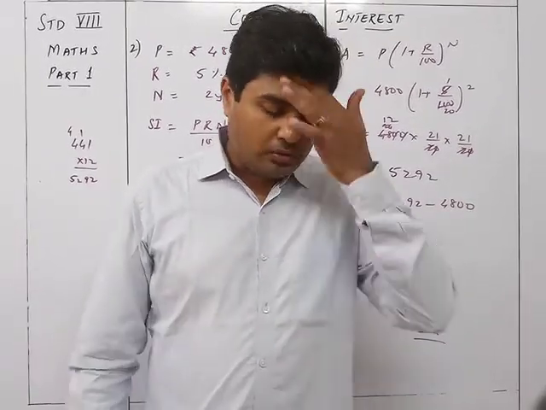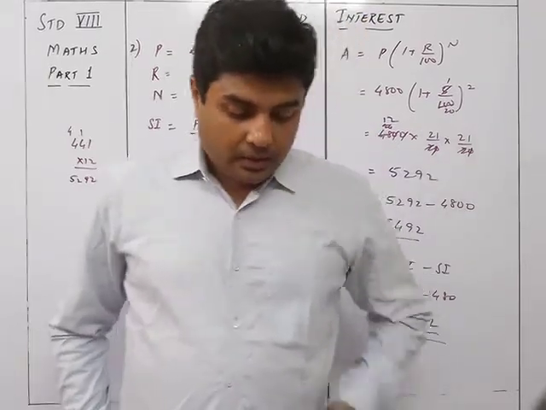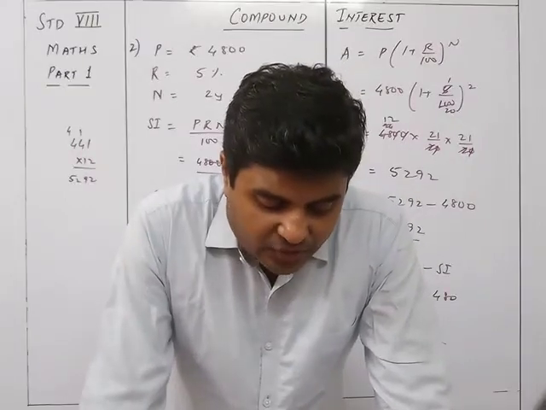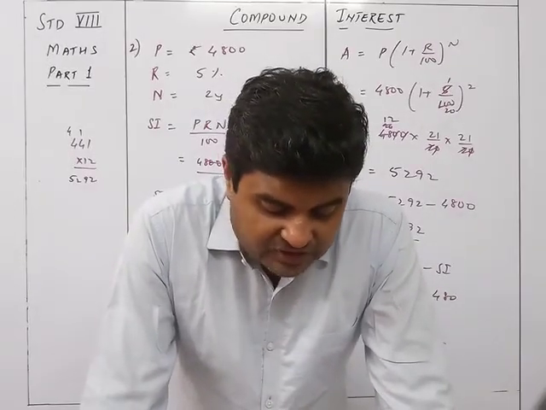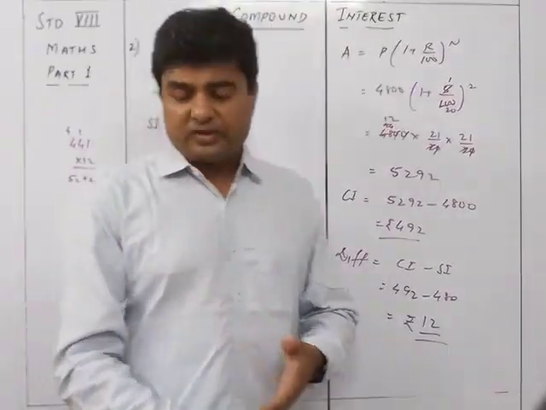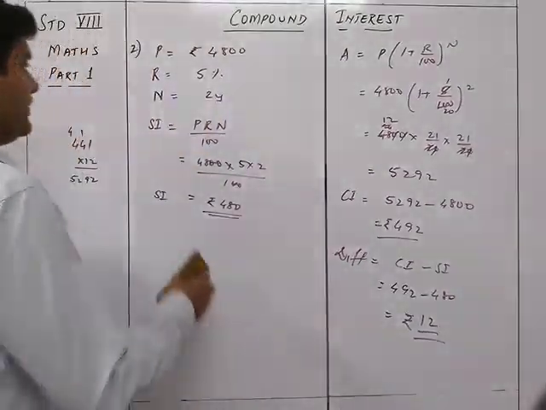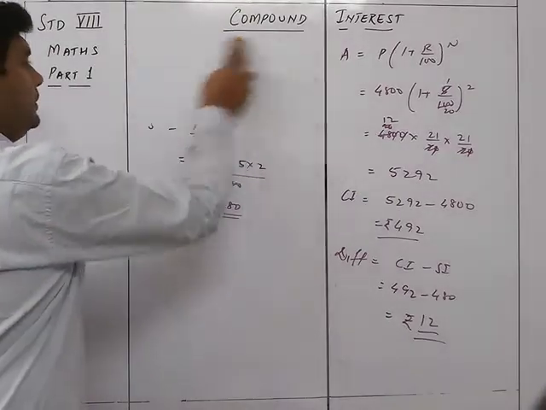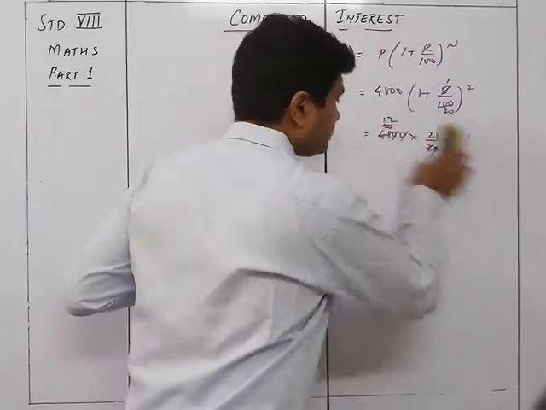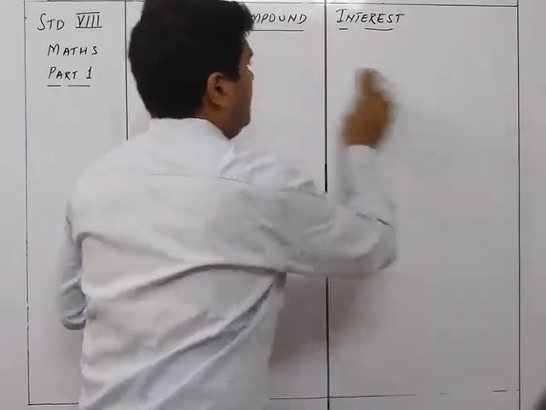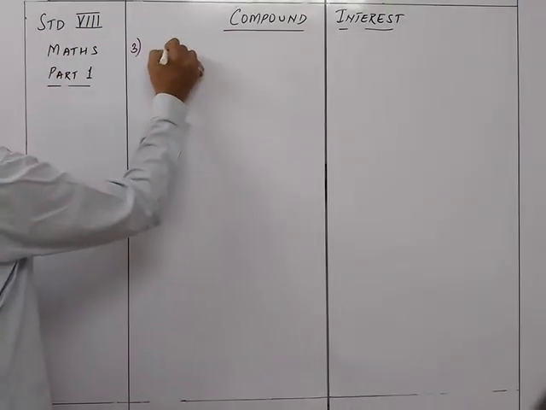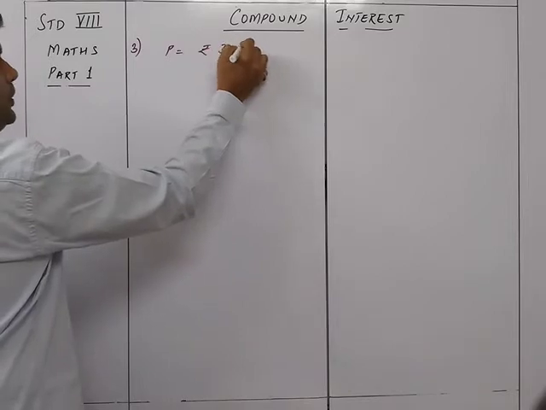We now move on to sum number 3. Find the compound interest on rupees 3125 for 3 years if the rate of interest for the first, second and third year are respectively 4, 5 and 6. So this precisely is a question based on the successive rate of interest. In sum number 3 we have got, first of all, principal is equal to rupees 3125.